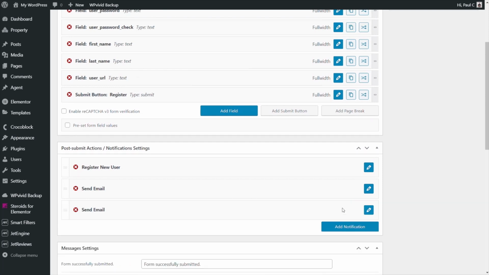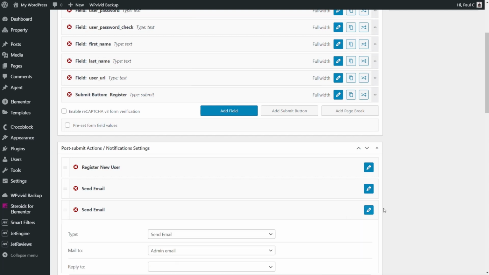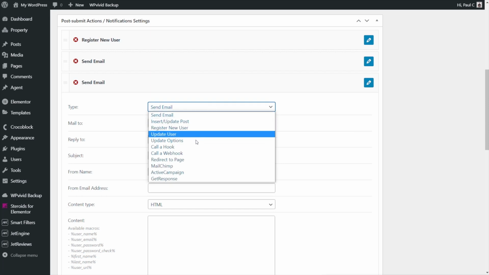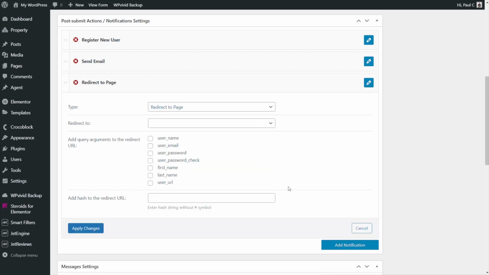So we're going to add one more just to redirect the user to somewhere after they complete their registration. So we'll open this up, and you can see we can change this now from send email, and we'll set this to be redirect to page. Once we choose that option, we can now choose from 3 different options on how to deal with the redirect. You can see we've got a static page, a custom URL, or to go back to